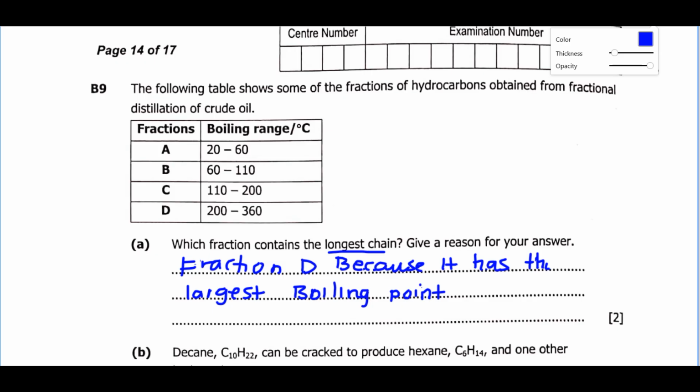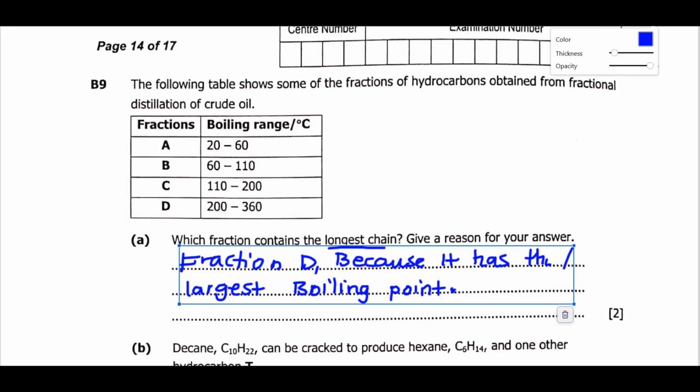So the greater the boiling point, the longer the chain. Okay, so we can now move on